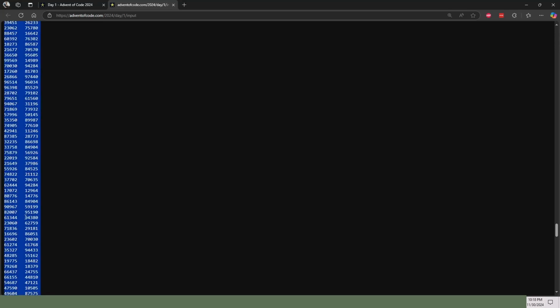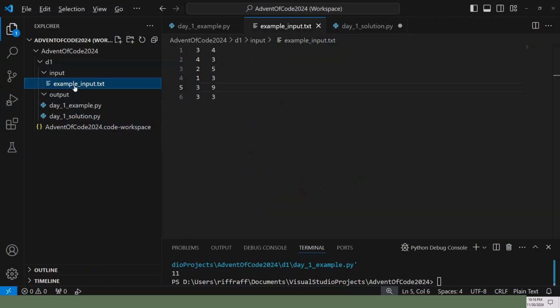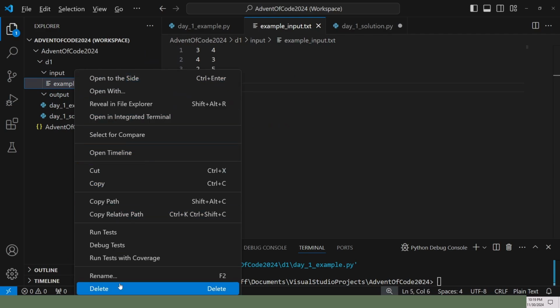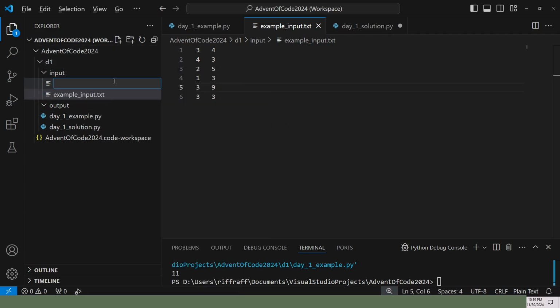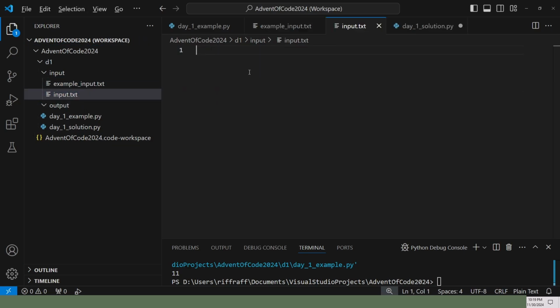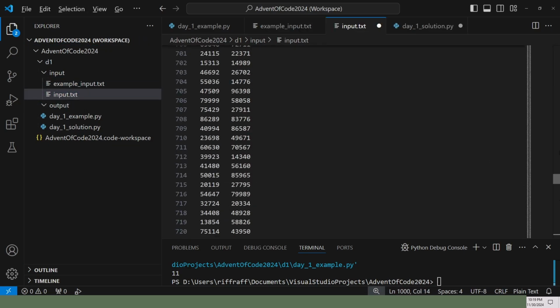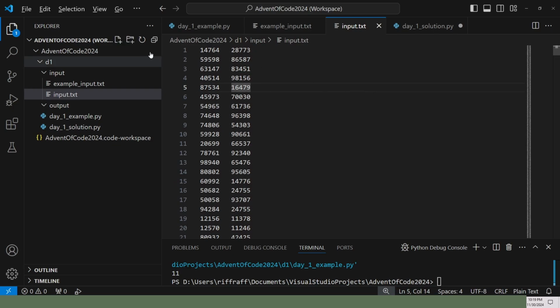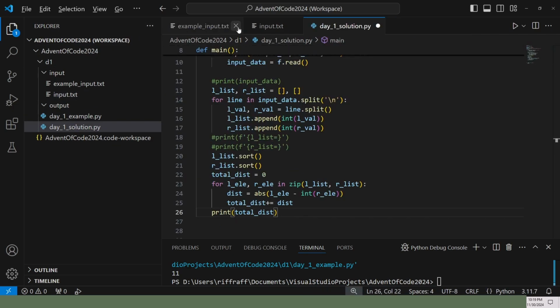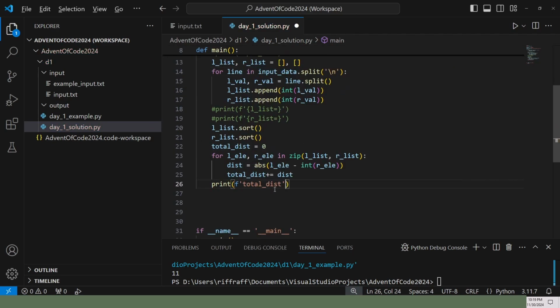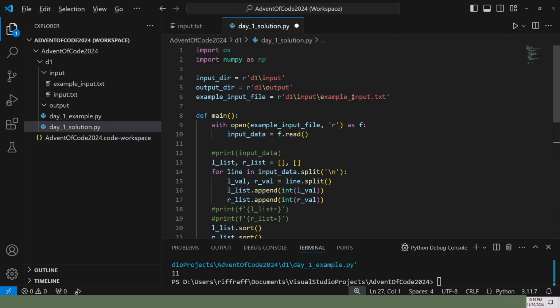We're going to select all this, and then we're just going to copy this into a new file. We just want a new file. That looks like that copied. Oh, good. So we're going to go to the solution. Done with the examples. So now we're going to instead give it the input.txt with the actual puzzle input.